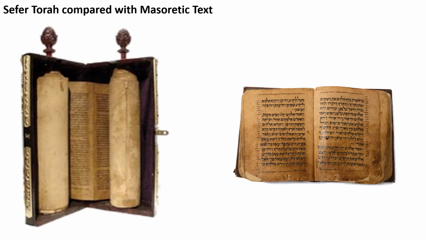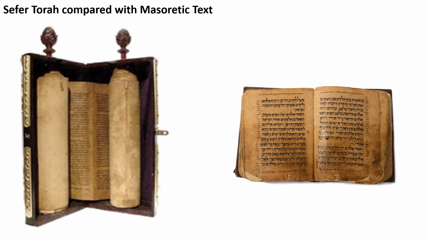So if we compare the difference between a Sefer Torah, an official text used in a synagogue, and a Masoretic text or a Chumash, the easiest way to delineate the difference is that the Torah scroll is, like I said before, an official text. It takes about a year to transcribe one because it has to be done exactly right, and any mistakes basically invalidate it so it can't be used. Usually it will cost about $40,000 to $50,000, depending on the type of scroll, to produce such a text. So you're looking at someone's salary for the year, because the person is spending a year doing it.